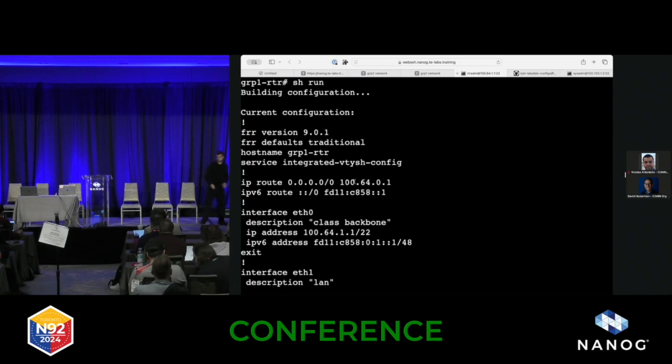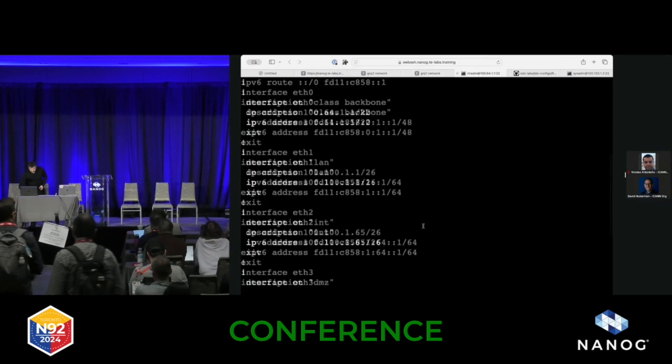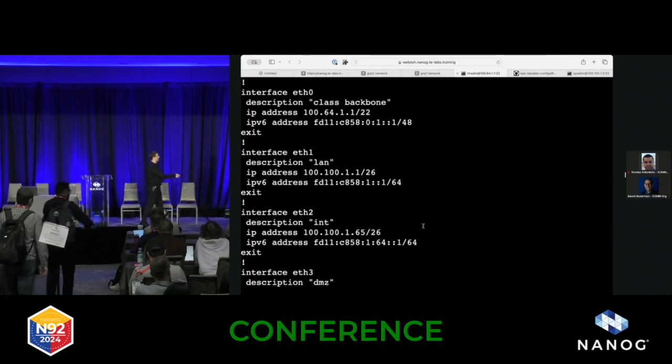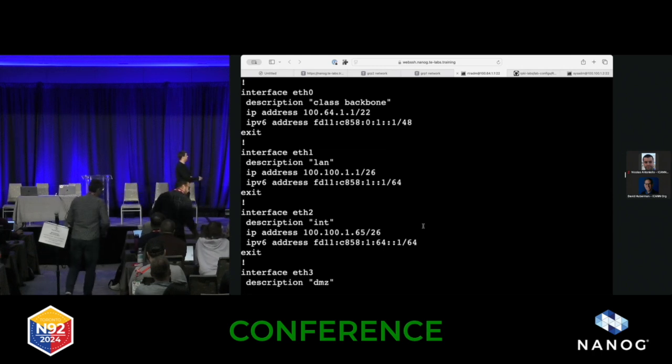Okay. The router has 4 interfaces. If we look at the diagram, each router has these networks connected. So this is 1 interface, 2, 3, 4 interfaces. Ethernet: this is Ethernet 0, 1, 2, and 3, I think. Let's check if that's correct. Yes. You have here Ethernet 0, which connects the rack to the backbone. So this is the red network in the diagram. Then the interface Ethernet 1